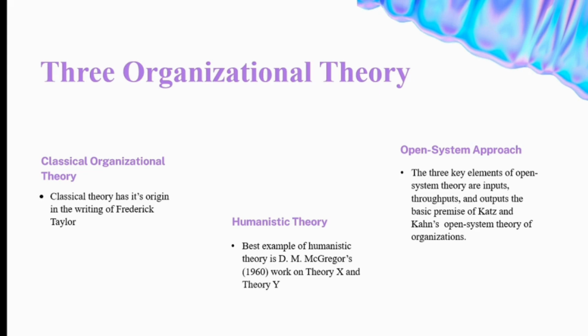And lastly, we have the open system approach, which has 3 elements: inputs, throughputs, and outputs. And these are the basic premise of Katz and Kahn. And yes, these are the 3 organizational theories that we'll be talking about. And yeah, let's delve in. What is classical